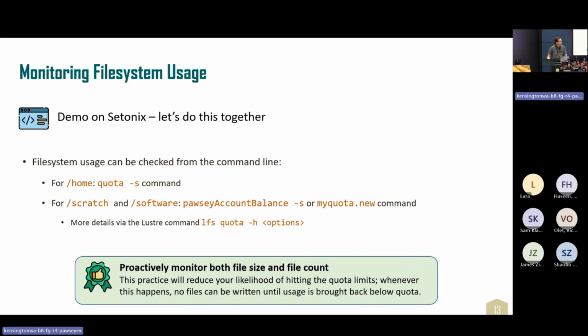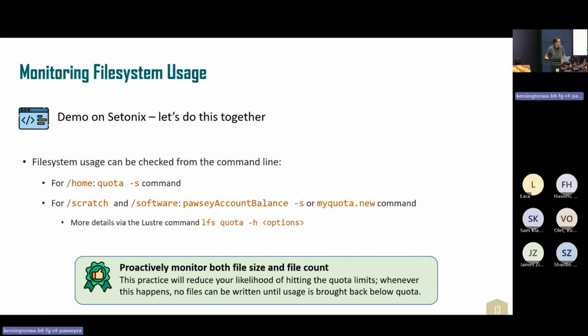So it's worth keeping an eye on, or having an idea of, how many files you're creating and how much capacity you're using. I guess there's two main reasons for that. One is so you're aware of whether you're going to hit those limits. Occasionally you might find your job gets halfway through its simulation and then it just stops because it's trying to write the output to the file system and you've hit a limit. And so then you have to go back and move some files off